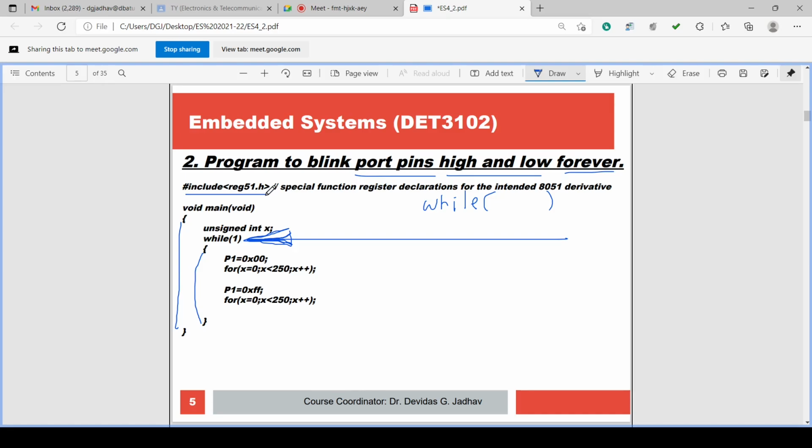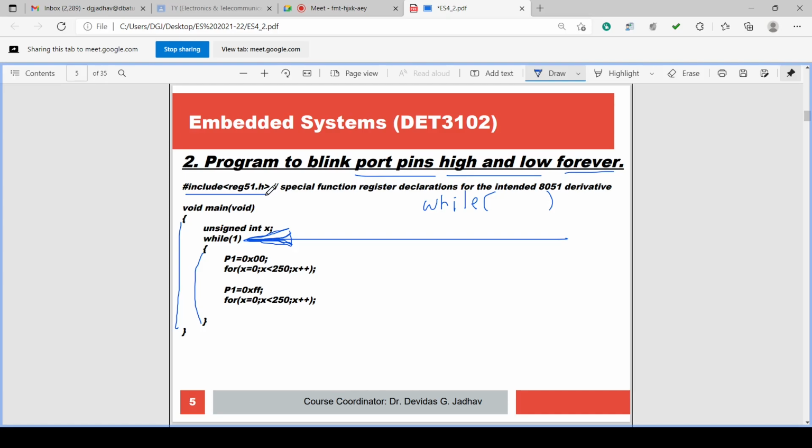Two simple programs we have seen, and these are accessing the port. P1 we are using. One can use port P0, P1, P2, or P3, any port, and we are sending the output on port P1.